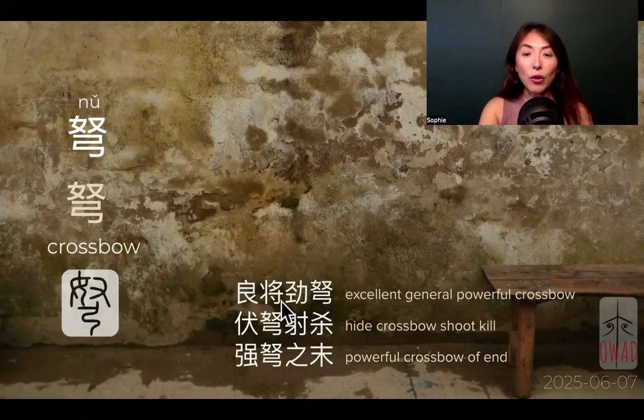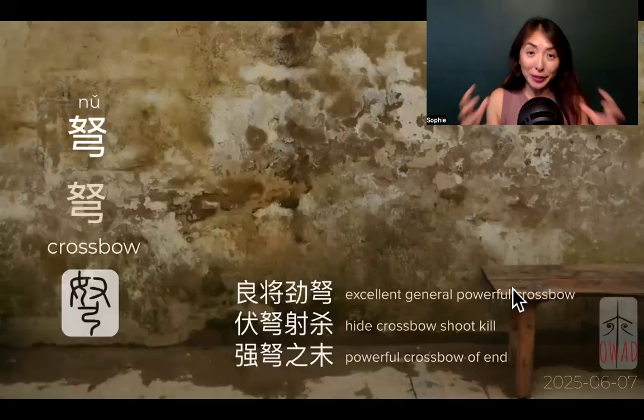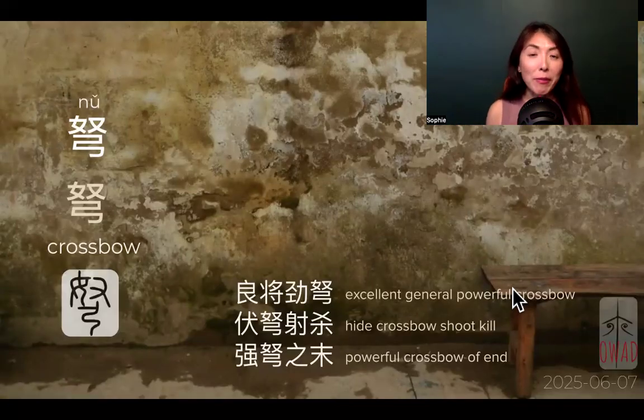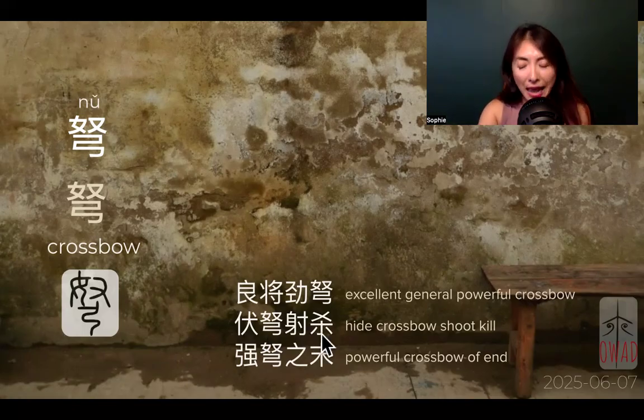将 is the general. We're talking about you have an excellent general who comes up with good strategies, and then 劲弩, you have powerful crossbows. So both weaponry and the leadership almost guarantee that you're going to have a bigger chance to win the war. 伏弩射杀 is another expression from ancient books that we no longer use in our contemporary language at all